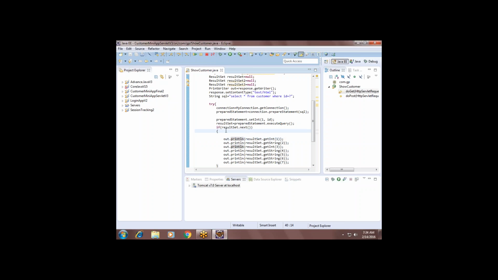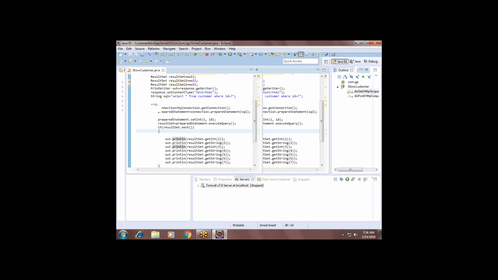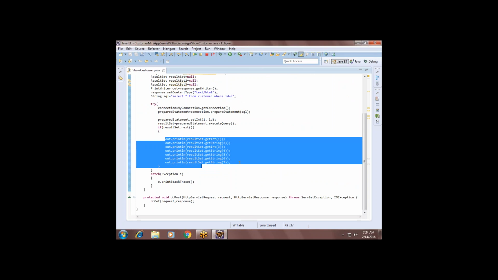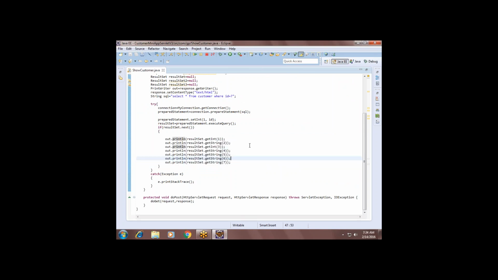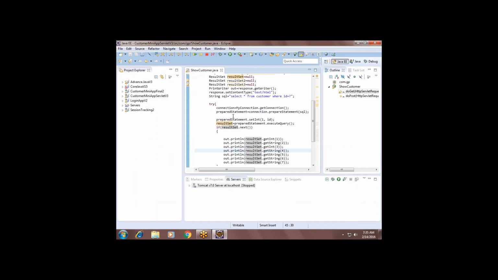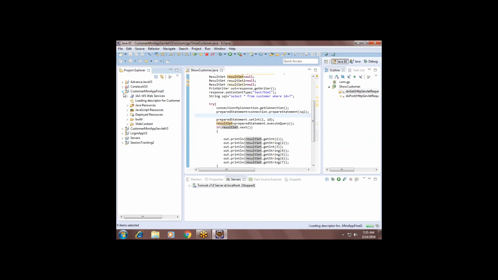See, when you are picking one row, you have to use an if condition. If you are picking multiple rows, you have to use a while loop. And as I told, we have to apply JSP. Why do we need to apply JSP? This printing process should not be done in servlet. Only the Java program has to pick the data into the result set, and the data has to be transferred to the JSP. The JSP will receive the data from the servlet and it will print. That is the actual process done, right? So for that we use JSPs.